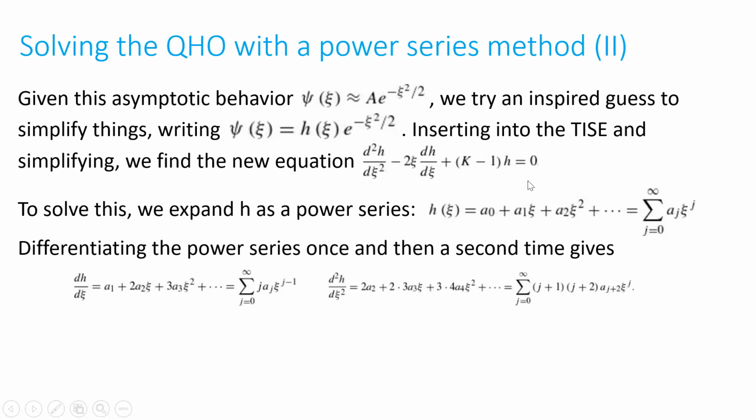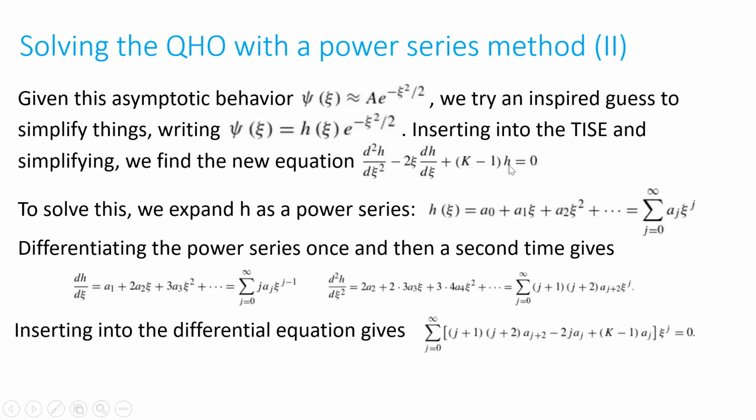And then this original power series here will go in for h. And inserting those into the differential equation and gathering terms, adding up all the terms that we get, gives the following. Sum j equals 0, j plus 1, j plus 2, a_{j+2}, minus 2j a_j plus k minus 1 times a_j,